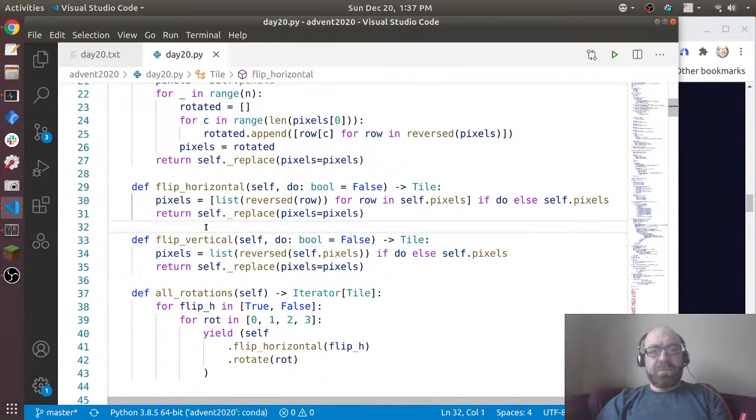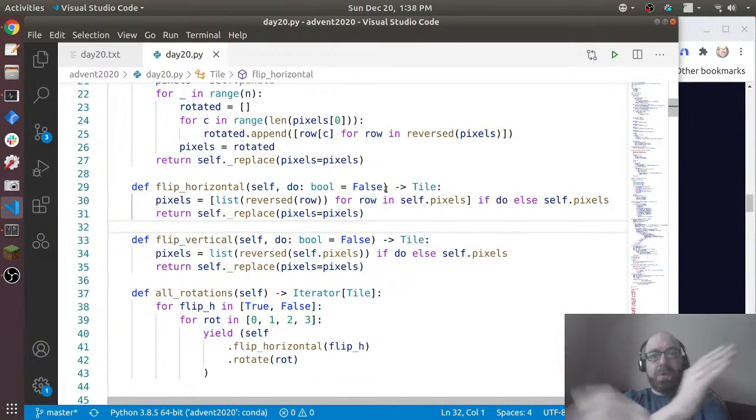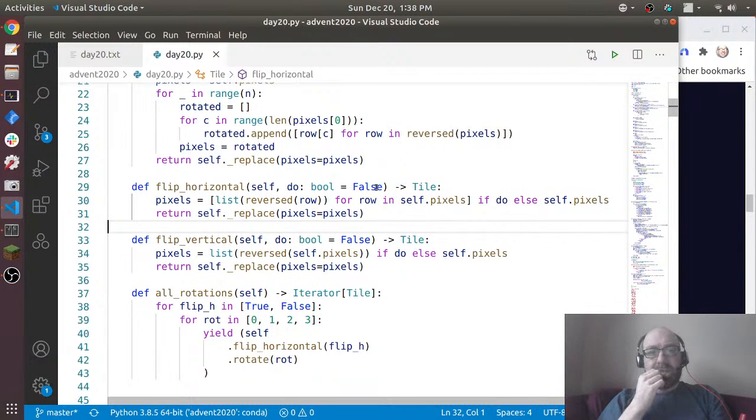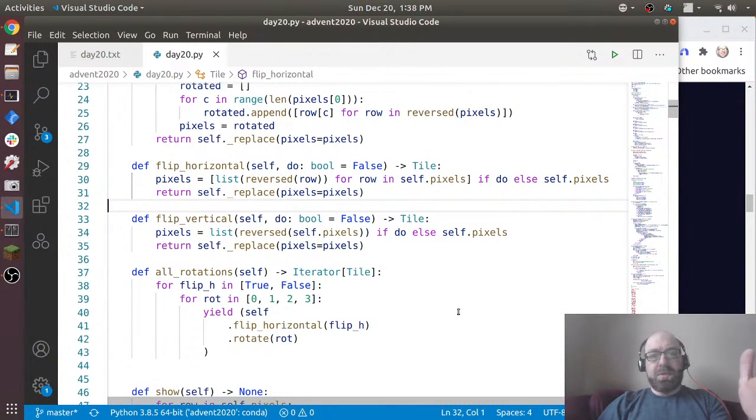Similarly, I have this flip horizontal, which returns a new tile, and all I do is for each row I just reverse it, so that counts as flipping it that way. And I have this do, which is nice because I'm going to want to say, flip horizontal, not flip horizontal, and that way I can pass in true or false and make that happen. And there's a flip vertical that does the same thing, except it reverses the rows instead of the columns, and